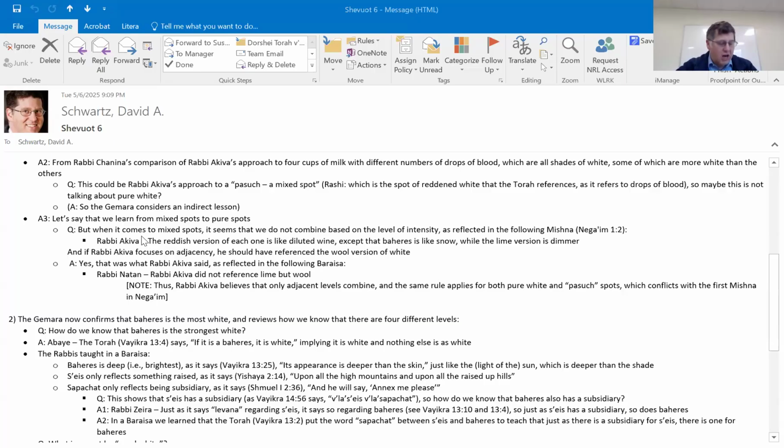Just like the sunshine on the ground is deeper than the shade that's around it. Se'es, what about se'es? What does that mean? Ein se'es ela gavoa. That means that it's raised. So if you compare it to Baharis, which is the whitest of the white, then you're going to say that the part that is less white looks like it's